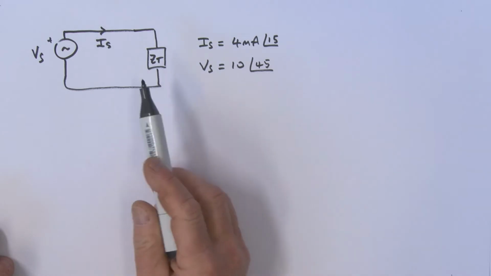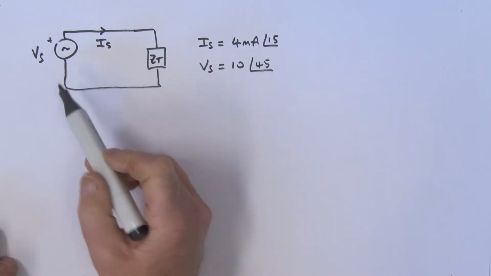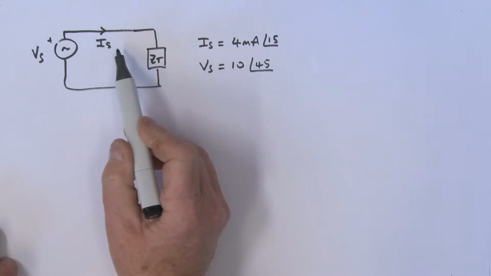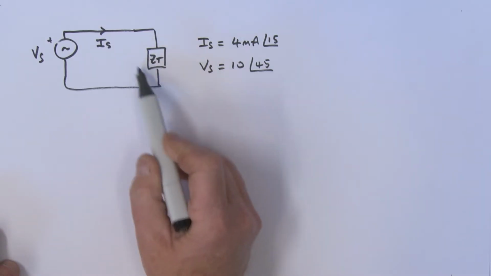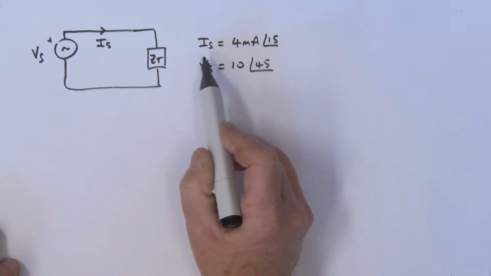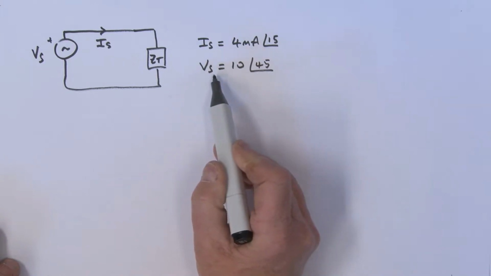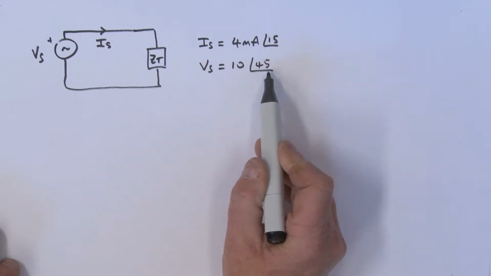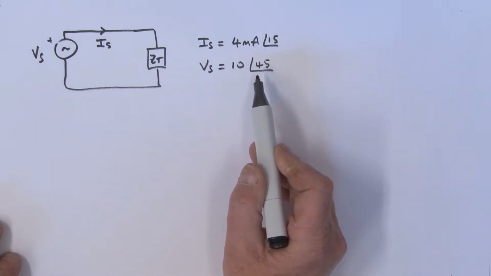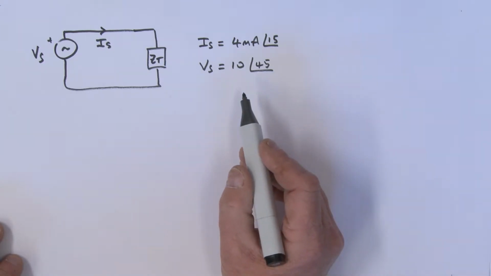Let's go ahead and take some more examples. Here we've got a circuit with V of S, I of S, and the total impedance ZT. In this case, we're given I of S, that's 4 milliamps, angle 15, and V of S, that's 10, angle 45. And we want to find, once again, the apparent power, the real power, and the reactive